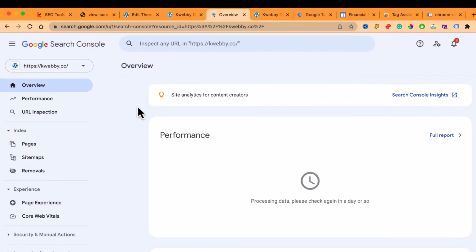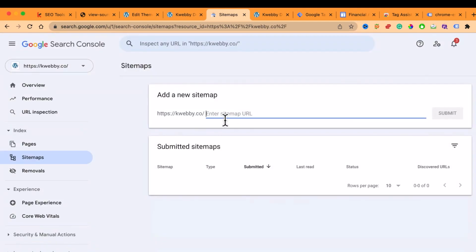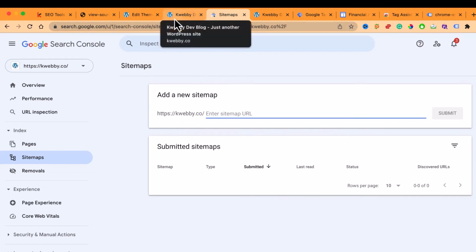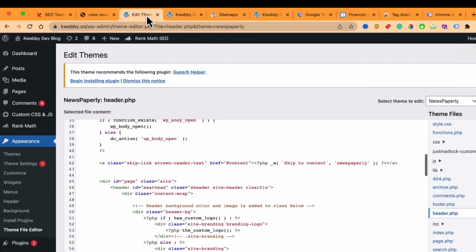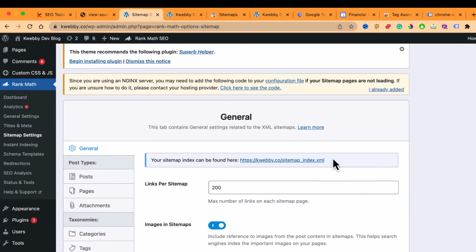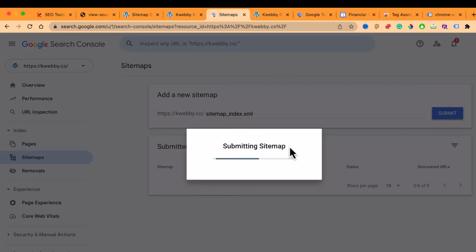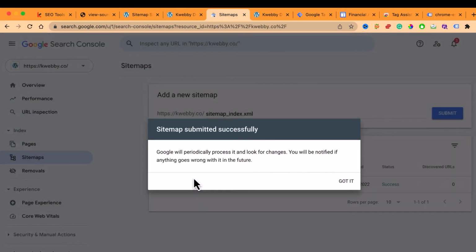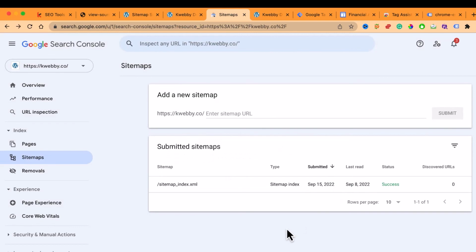And now to add a sitemap to your Google Search Console, you need to go to Sitemaps and click on the Add a new sitemap input, where you enter the sitemap URL. It depends on which plugin you are using to create the sitemap. If you are using Rank Math, then you can go to Rank Math here, and in the sitemap settings you have the sitemap URL. Just add that extension to your domain and click Submit, and in no time it will start indexing your website. So I hope you understand how to set up and configure Google Search Console with the help of